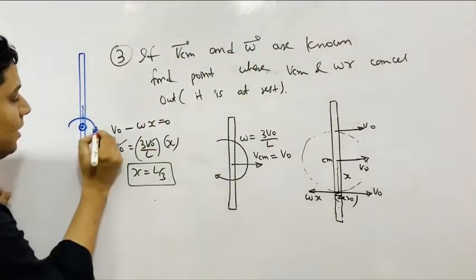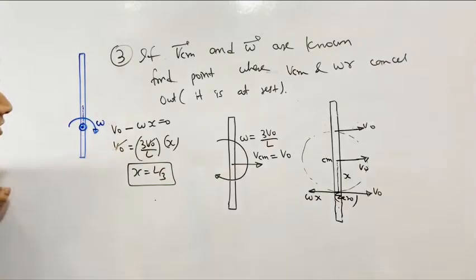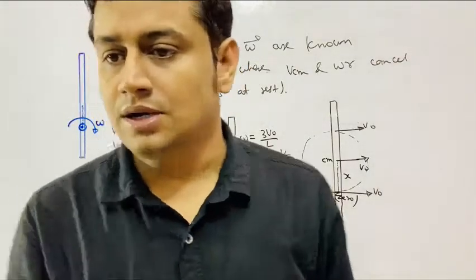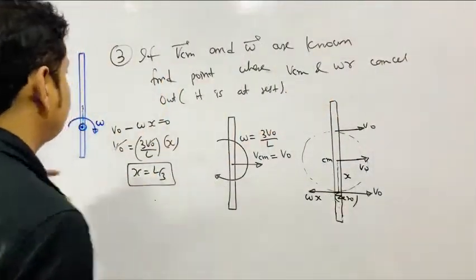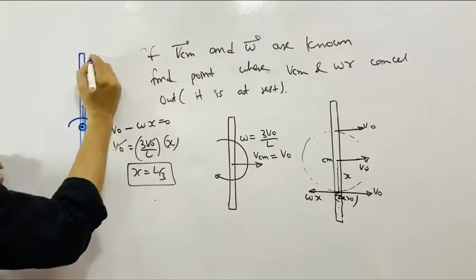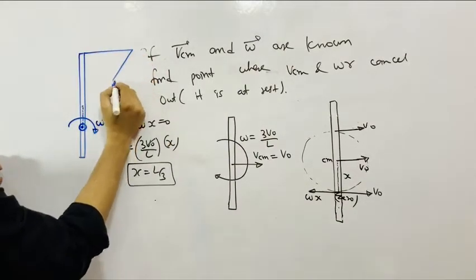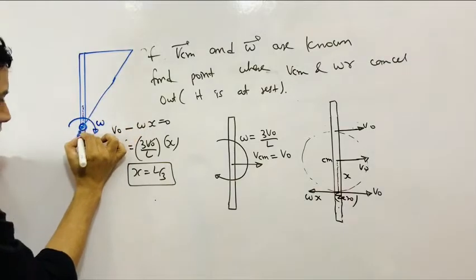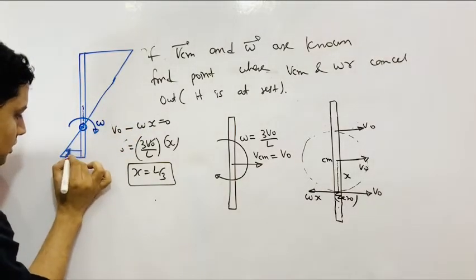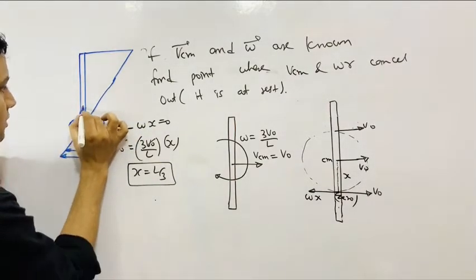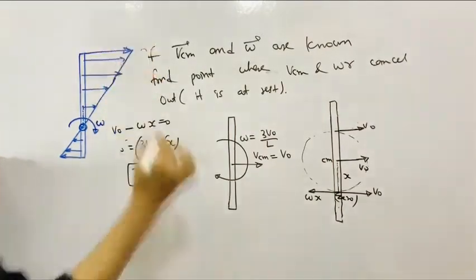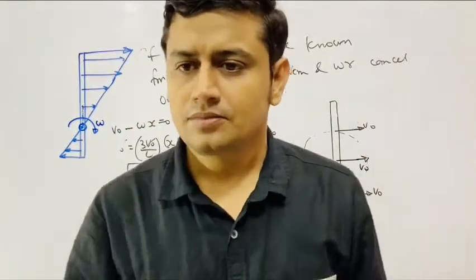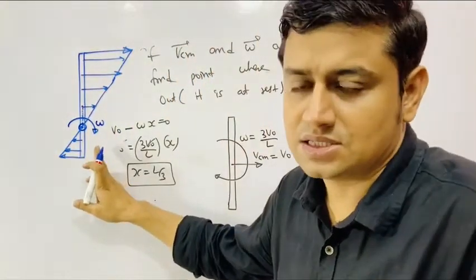So that means about this point it is purely rotational motion. Now, once you know this is purely rotational motion, you can get the speed of any point. Understand? According to this diagram, any point above this would have velocity forward, and any point below this would have velocity backward. Net velocity backward. You can get the velocity of any point. This is the instantaneous axis of rotation.